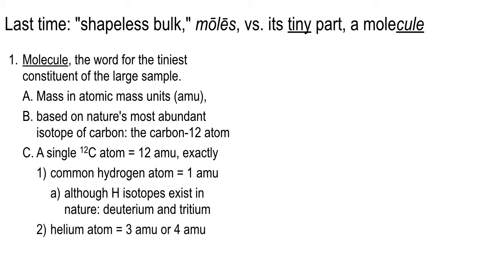Helium atom. There's 2 different flavors of helium. All of them have 2 protons in the nucleus, but helium-3 has 1 neutron. Helium-4, which is pretty common, actually has 2 neutrons in the nucleus. So total of 4 atomic mass units. Another thing that you can do is give an atomic mass rating to a molecule. All right, so for instance, carbon dioxide would be 44 AMU.